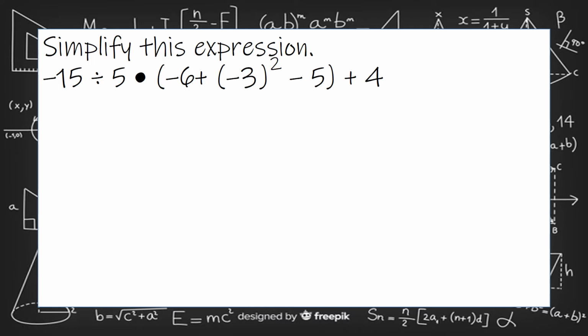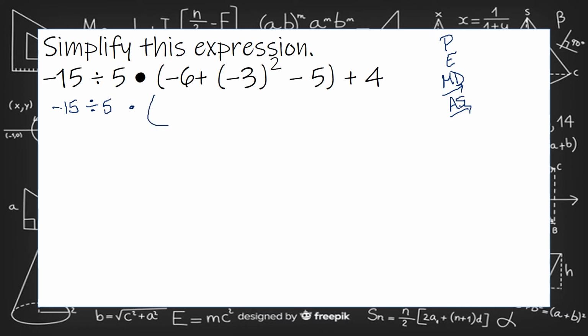Simplify this expression: negative 15 divided by 5 times the quantity of negative 6 plus negative 3 squared minus 5, plus 4. When we look at Please Excuse My Dear Aunt Sally, or PEMDAS, it's Please Excuse My Dear from left to right, Aunt Sally from left to right. So I'm going to start with parentheses. I'm going to rewrite everything right here, negative 15 divided by 5